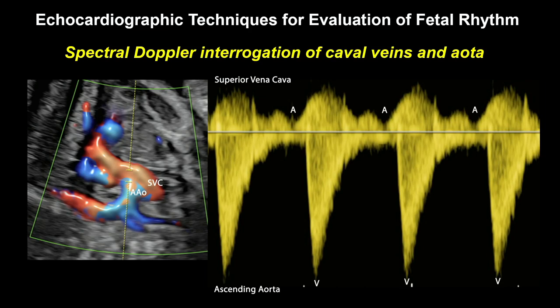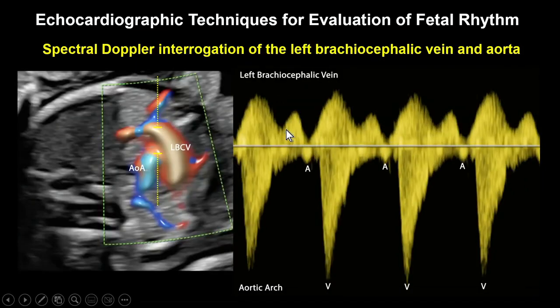Unfortunately, if you look at those early papers, they are not really using very standard planes, so that makes the application quite difficult, and also the superior vena cava usually doesn't really have the reverse flow or absent flow during atrial contraction, so that's why sometimes it's very difficult to identify where the atrial contraction is in the venous tracing. So that's why, as we demonstrated yesterday, it's more convenient and easier to apply the technique that utilizes